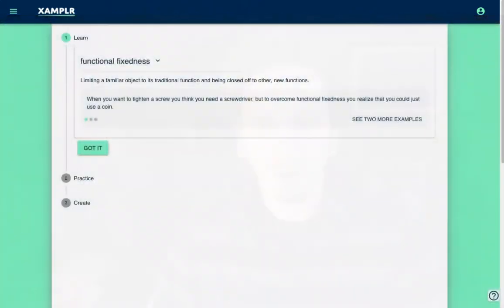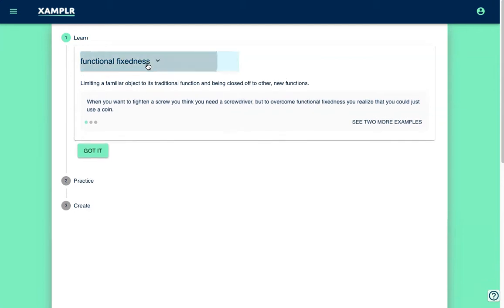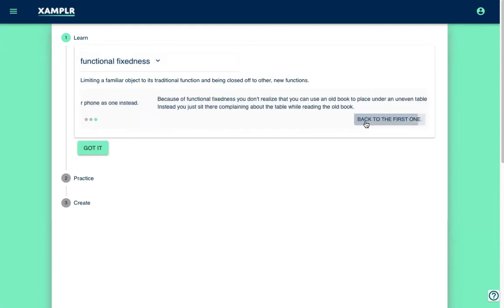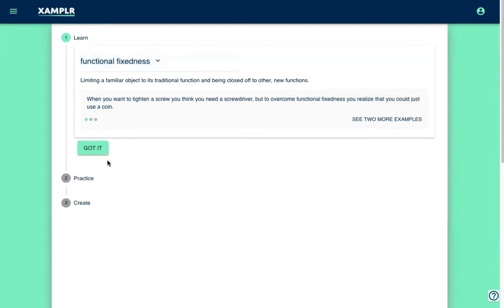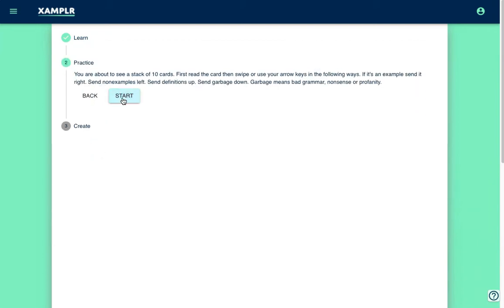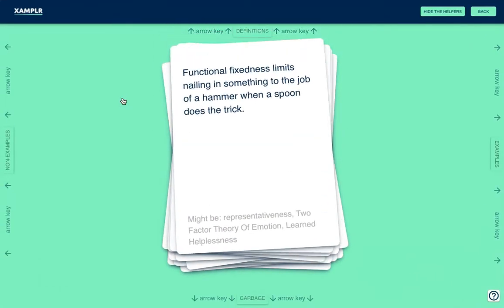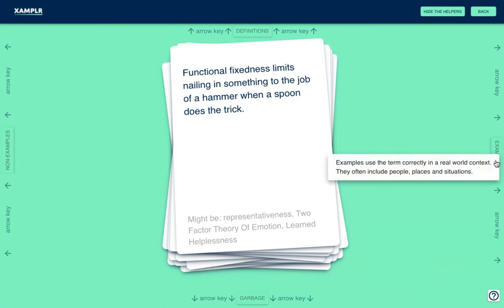So each vocab term on Xamplr has its own page that looks like this, where you can learn, practice, and create examples of the term. The learn stage gives you the term and some alternate forms, the definition, and 3 stock examples of the term. When you feel like you got the basic idea of it, you move into the practice stage, which displays a deck of 10 cards. Each card includes a sentence or two that uses the term or one of its alternate forms. And it's your job to categorize these cards as either being examples,